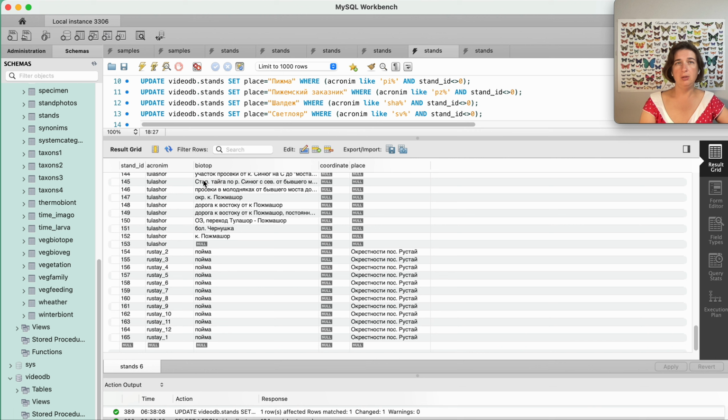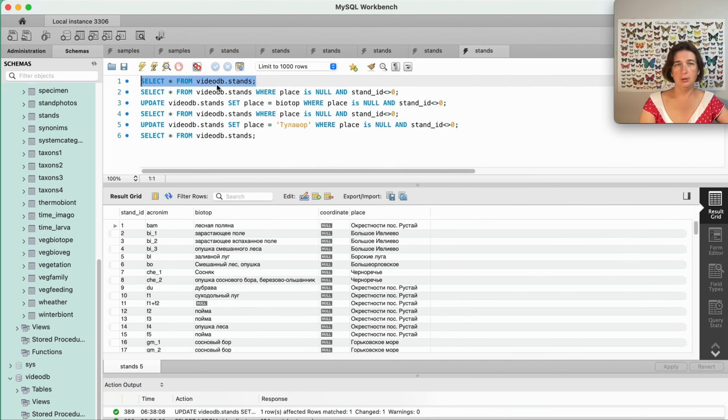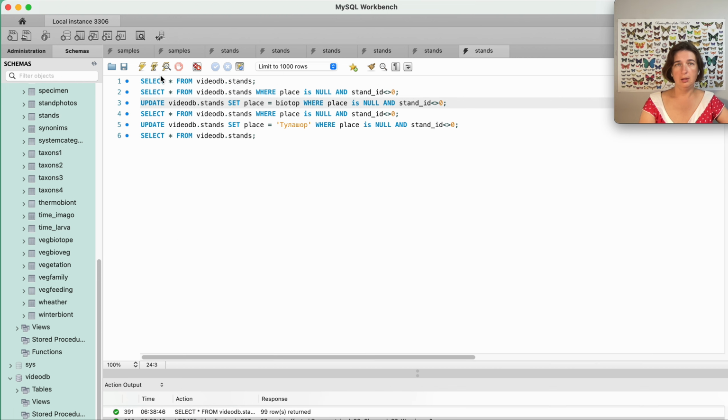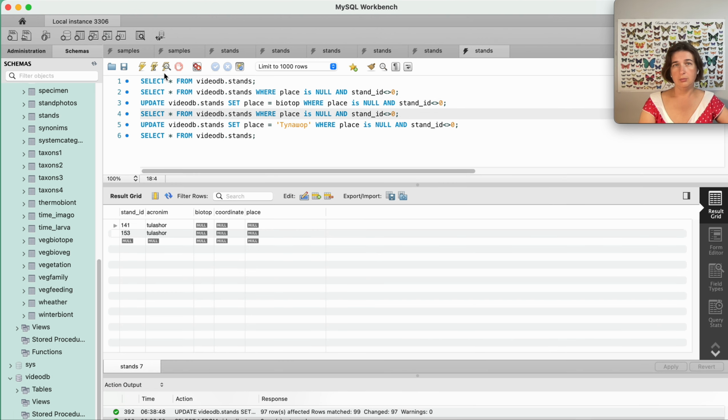We copy the values from the biotop column there. Again, first we do select, then update, and then select again, to make sure that all works right.